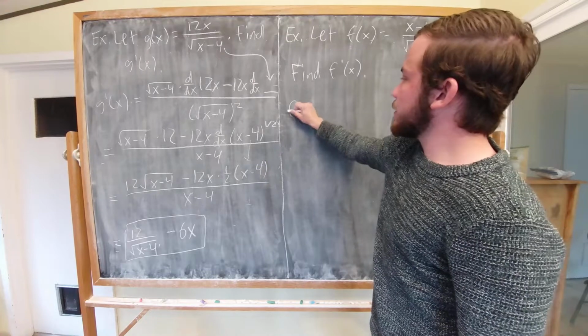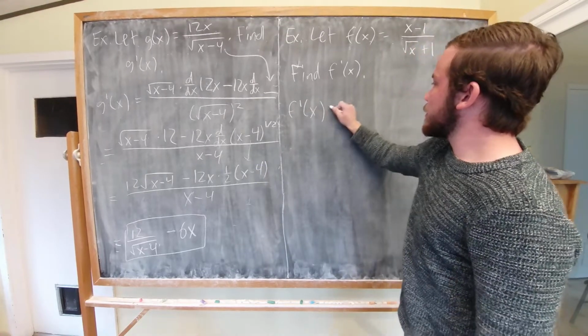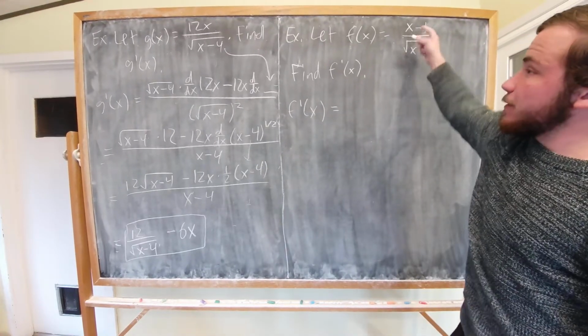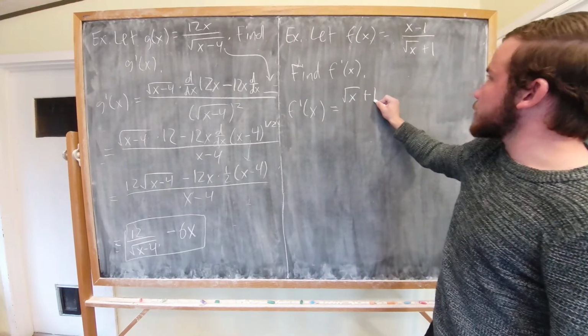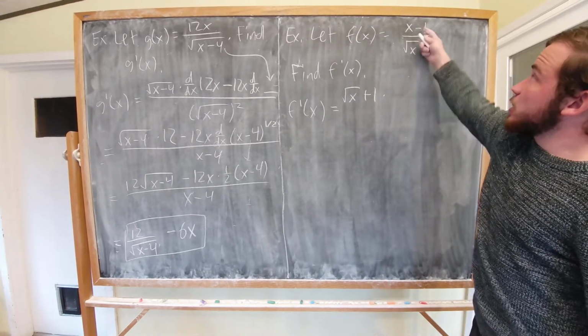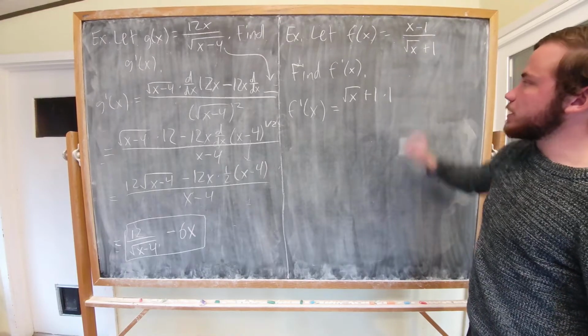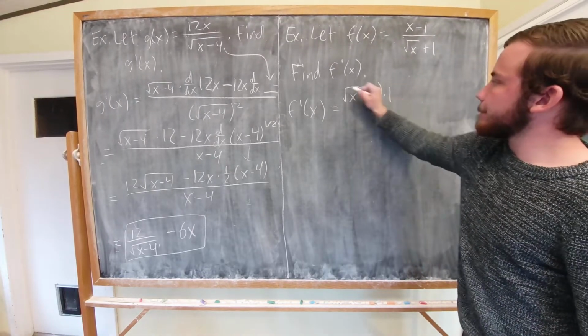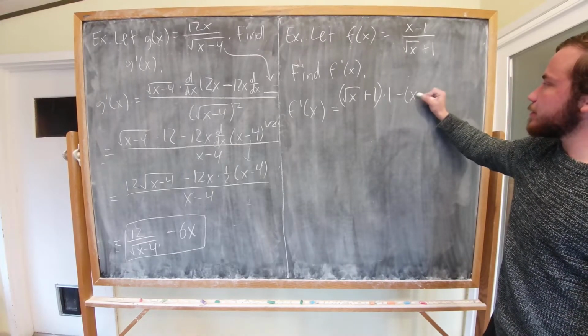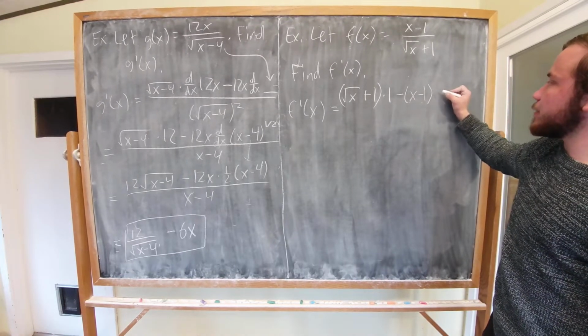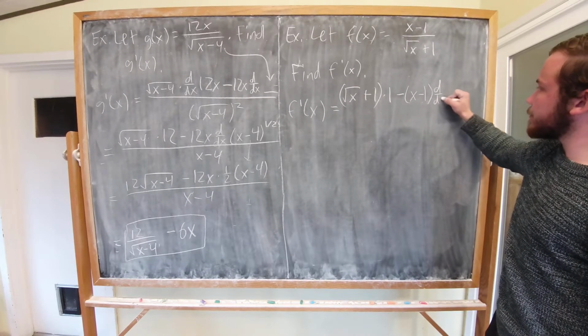F prime of x is bottom times derivative of the top. So square root of x plus 1 times derivative of this top is just going to be 1. Minus the top times the derivative of the bottom